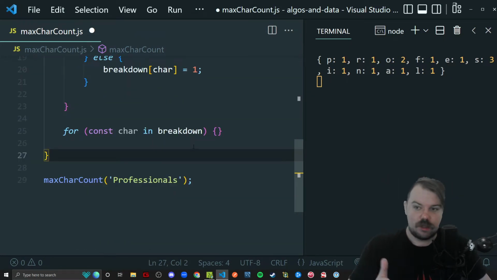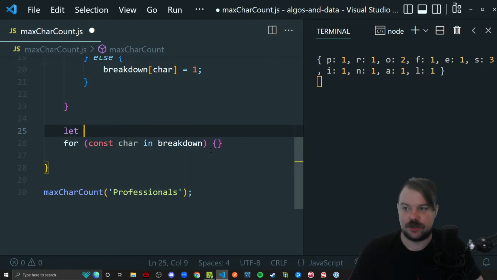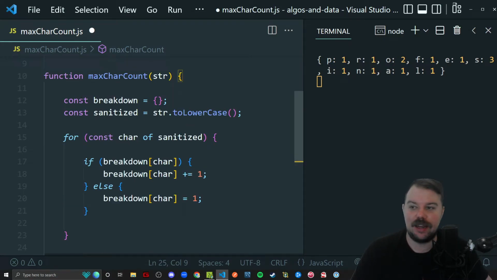Now, if we're going to loop through it, like I said, we need some kind of variable that tracks what our maximum value currently is. So we need to use a let keyword on that to make sure we can reassign this value. If you have questions of why I can get away with const breakdown equals curly braces while I'm modifying it down here,